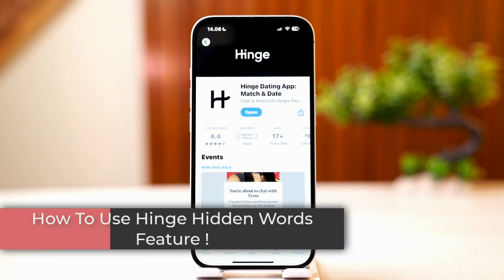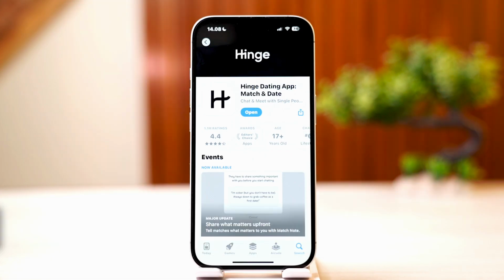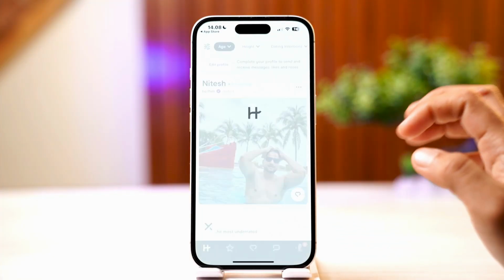So today we'll be talking about how to use Hinge hidden word feature. So Hinge hidden words feature allows you to filter out specific words, phrases or emojis from incoming likes with comments, moving them to a separate hidden folder to foster a more positive experience. Users can set this up via settings through the app. So for that, what you're going to have to do is open your Hinge app and then